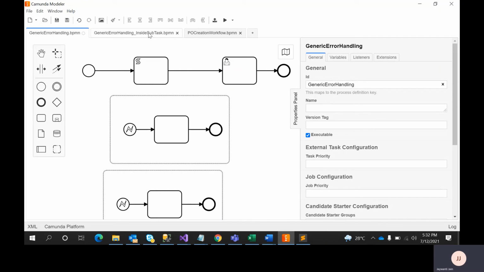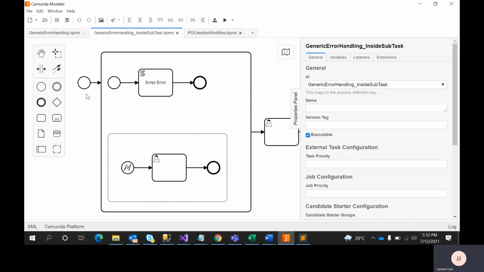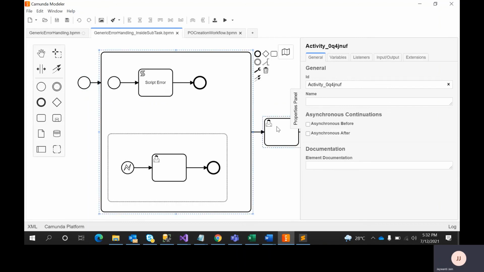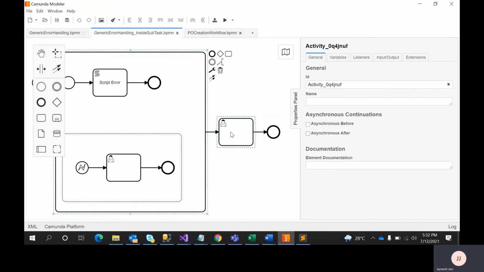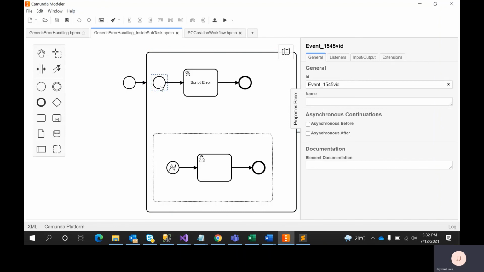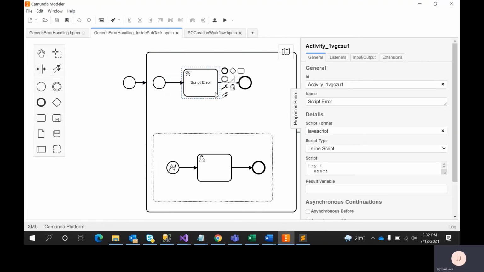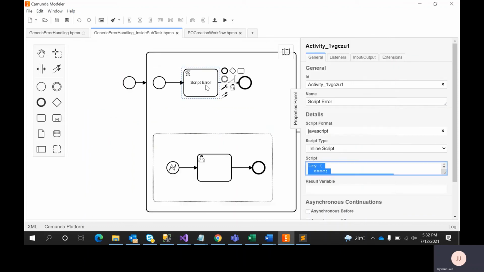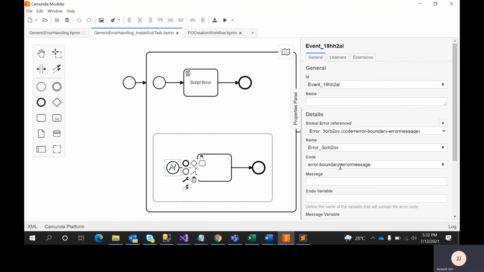If you want to continue the process, there is a way you can continue. If you see, this is my start task, this is my sub task, and I have just added a user task and end for showing execution. What I am doing here is calling a few more APIs, or doing some operation through a script task, and in this script task I am purposefully failing it. If this script task fails, then I have an error boundary with the error message. The same name I have attached here.